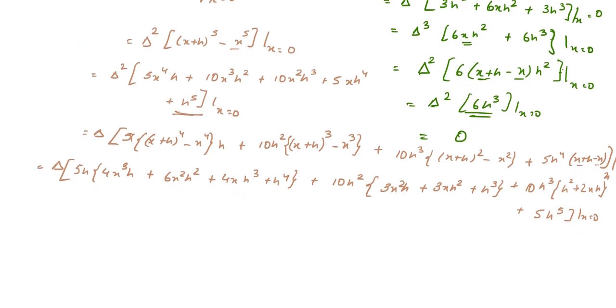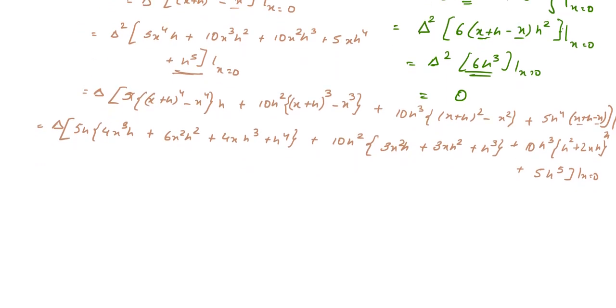So again we need to simplify this further and find the values. Here we are left with delta. Now we need to multiply and open the brackets. So this is 20h x cube h square plus 5, 6 into 5 is 30 h square x cube plus